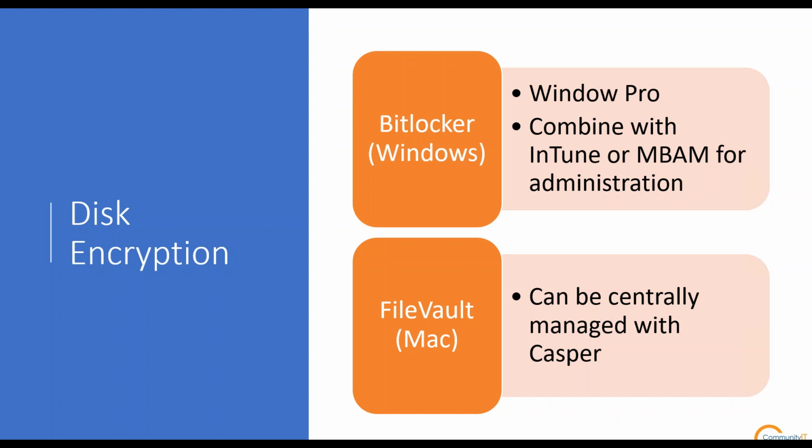There's a couple of different ways to do encryption. For modern computers, if you bought a computer lately, oftentimes you can select a TPM, which stands for Trusted Platform Module. Maybe it's like 15 or 20 bucks. If you have a TPM chip on your computer, you can use that to do the encryption and not require a PIN. If you don't have a TPM, you can still do BitLocker, but it means